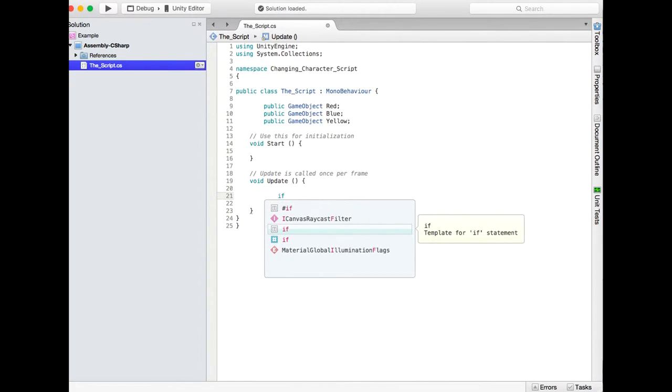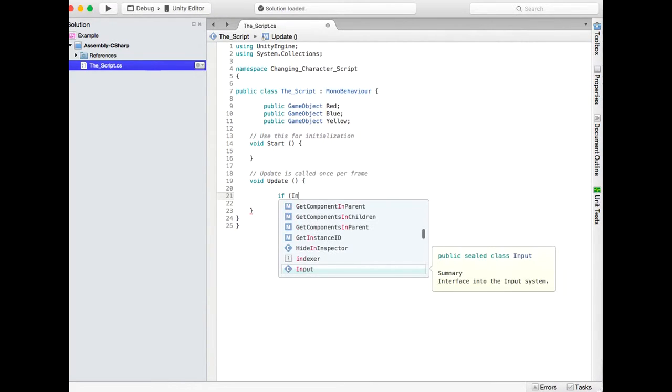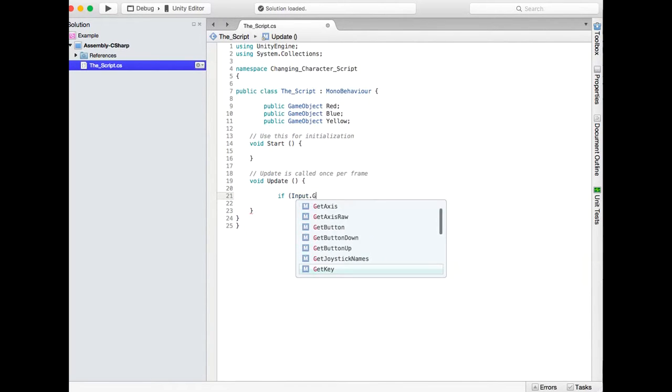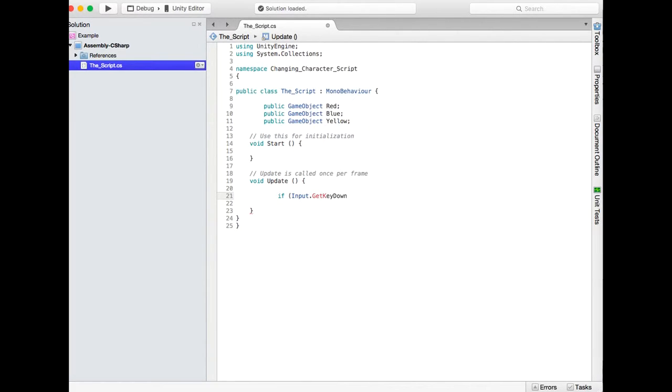If input dot get key down. So if you press a button and the button is key code, which is basically just what key they press, and alpha 1, which is the number 1,